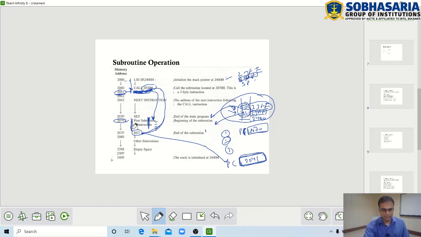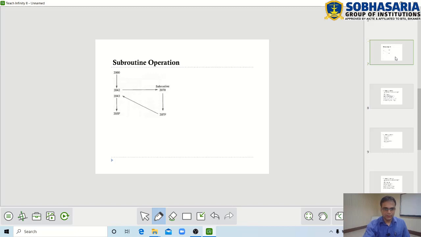This part of the program called subroutine gets executed, and then return will retrieve these two contents and pop them back into the program counter, so that execution gets transferred here. So this is how subroutine operation works.